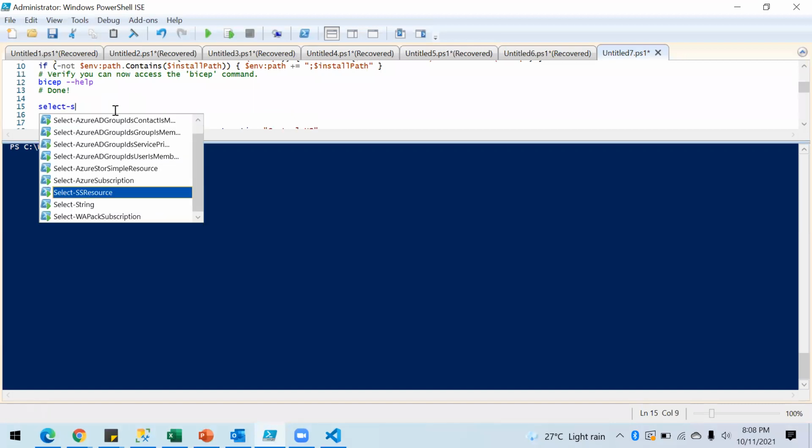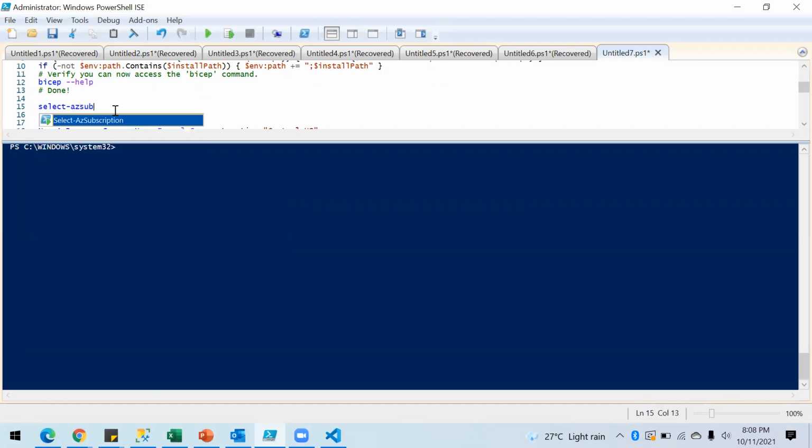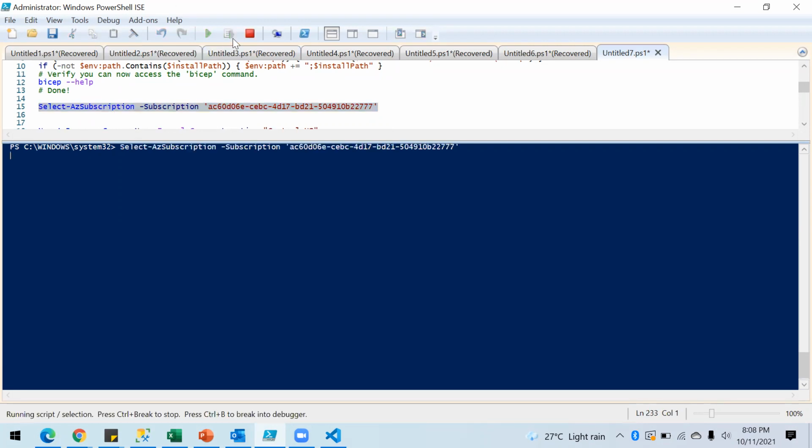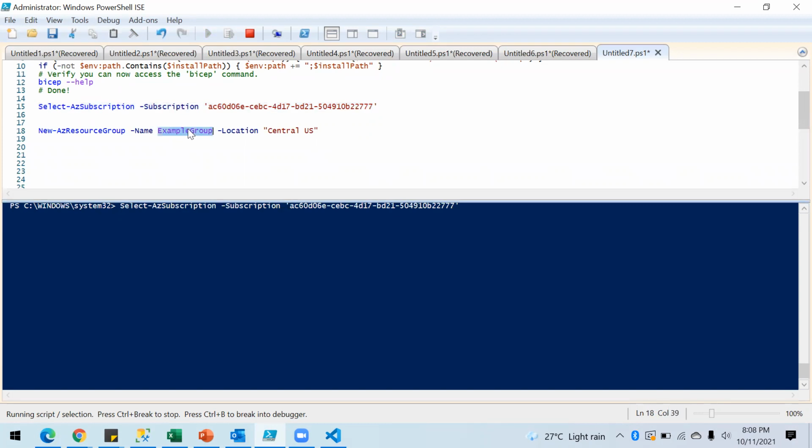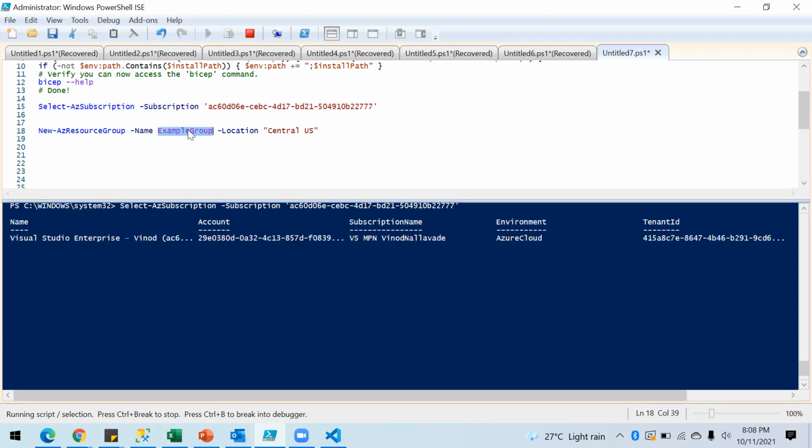So Select-AzSubscription with -SubscriptionId, I need to pass this one. If I run this, it will automatically select the subscription, so that I will use it to deploy my resources. I'm going to put my resource group name as Azure Bicep RG, and location I'm going to use East US.